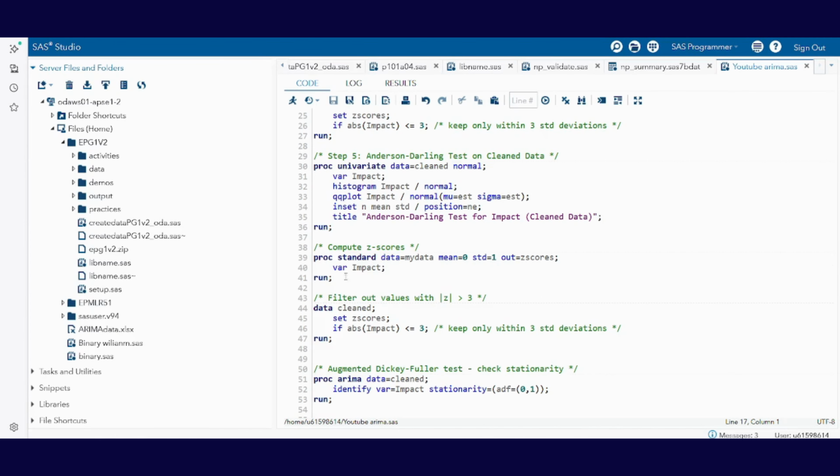There are different kinds of methods to remove outliers from your data. But in here, this block is about detecting and removing outliers using z-scores. Let's see the first statement. PROC STANDARD DATA=mydata MEAN=0 STD=1 OUT=zscores;